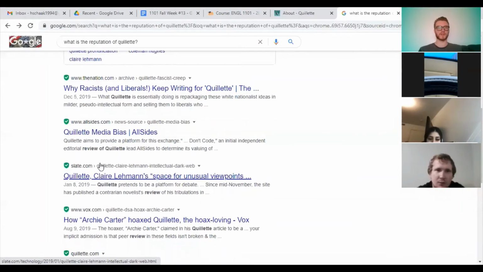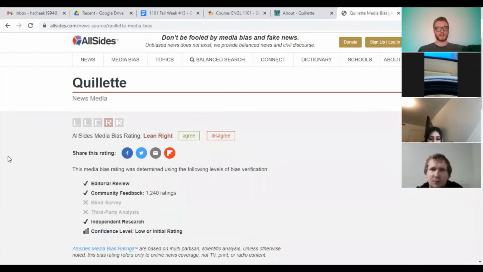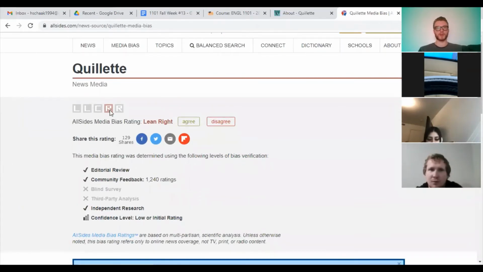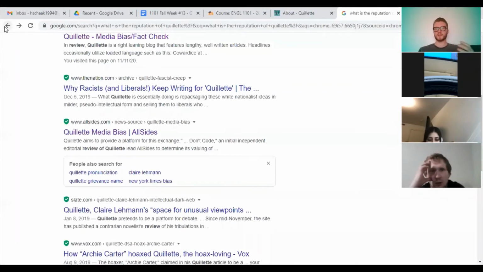Slate's usually generally fine. AllSides is usually generally fine. They also paint this magazine as far right. So you get the idea that the consensus is that you might want to be careful about trusting this magazine and that it leans far right. Just because something leans far right or far left doesn't mean it's bad, but you need to know that it leans that way, right? So say you're writing an article to people who disagree with you and you're a far right person. If you only use far right sources, they're never going to listen to you. You're going to have to balance it out with some sources that are more centrist or left side, right?